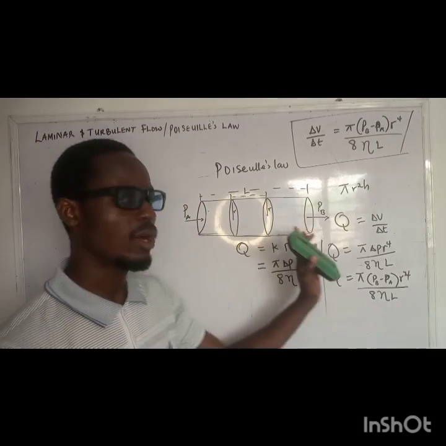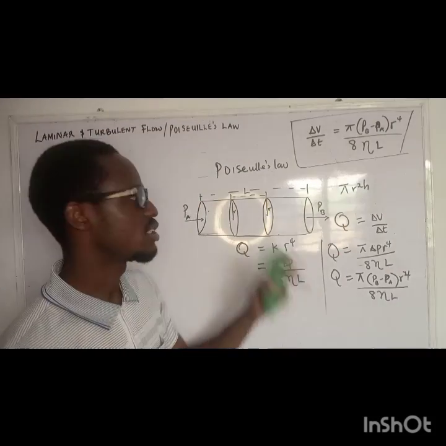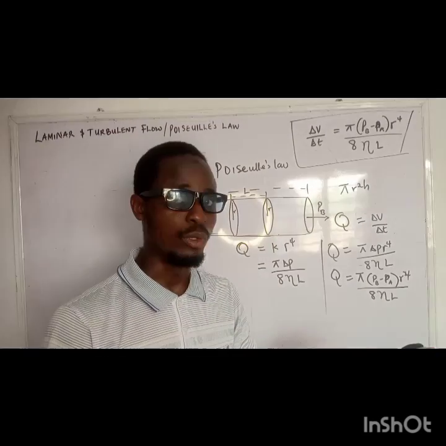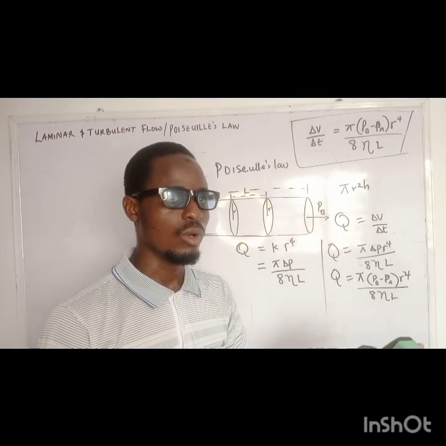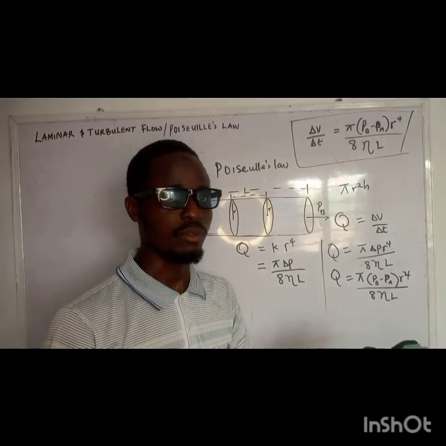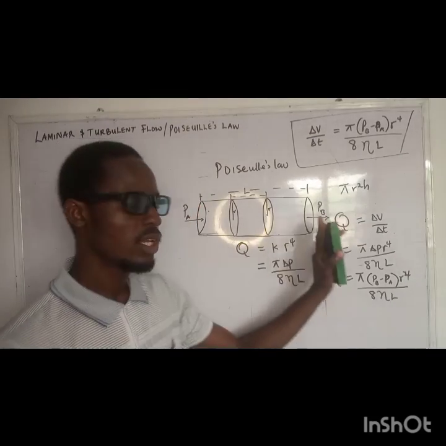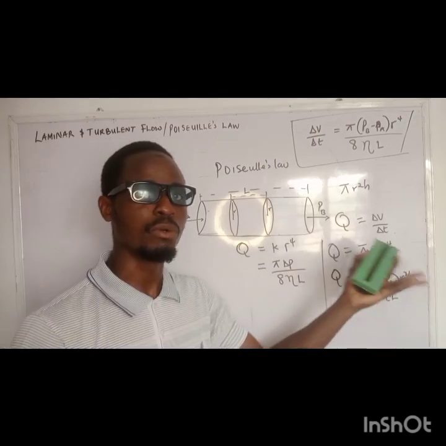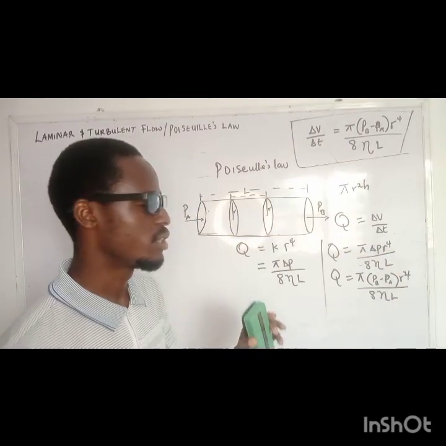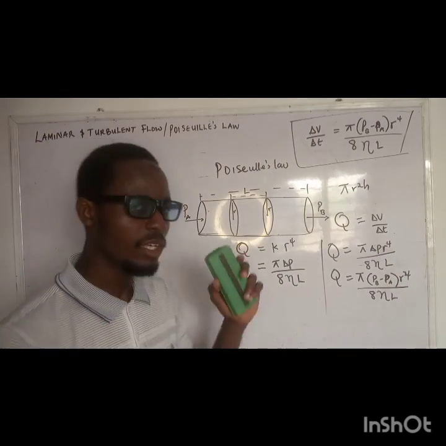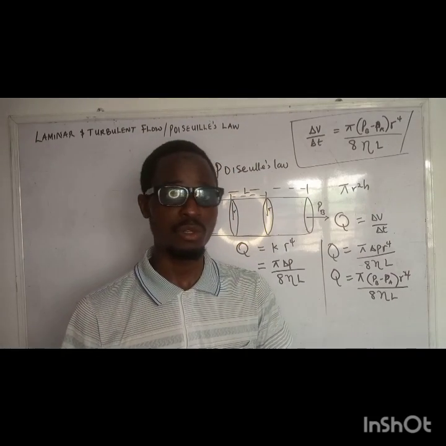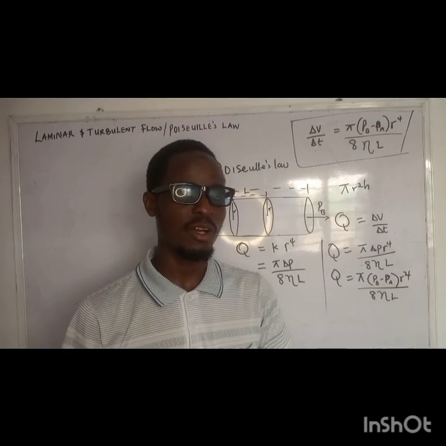However, when we're talking about laminar flow and Poiseuille's law, it is applicable for incompressible fluids like water. Water is an incompressible fluid, so when it passes across the pipe, the flow rate is proportional to the fourth power of the radius of the pipe. So I think we're able to explain the laminar flow and the turbulent flow as requested by a particular subscriber